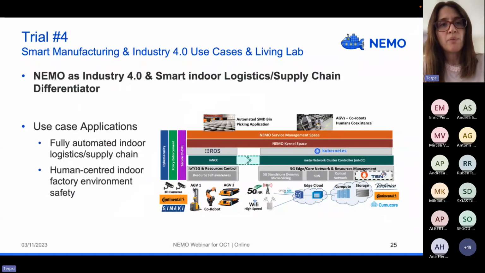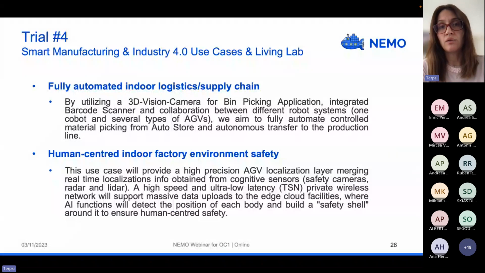The Smart Manufacturing Living Lab is going to validate 2 use cases. The first one refers to the automated indoor logistics supply chain, and the aim here is to achieve a fully automated bin picking process from the AutoStore to the production line. The second case refers to human workers' safety in an industrial indoor environment.